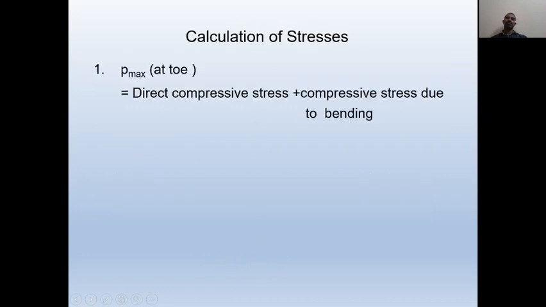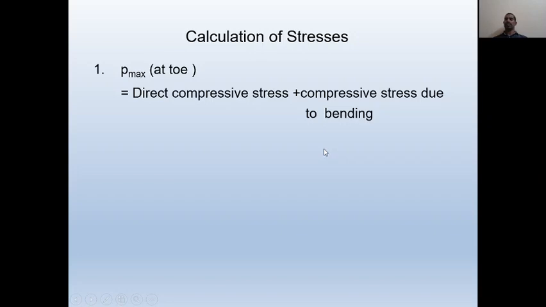And we have stresses developed at the base, at both the toe and the heel of the retaining wall. So p maximum, small p or sigma also you can give for stress. So sigma maximum or small p maximum, that is at the toe. So direct compressive stress plus compressive stress due to bending. Actually here we have a combination of moment and axial force. So as an eccentric load, it will be subject.